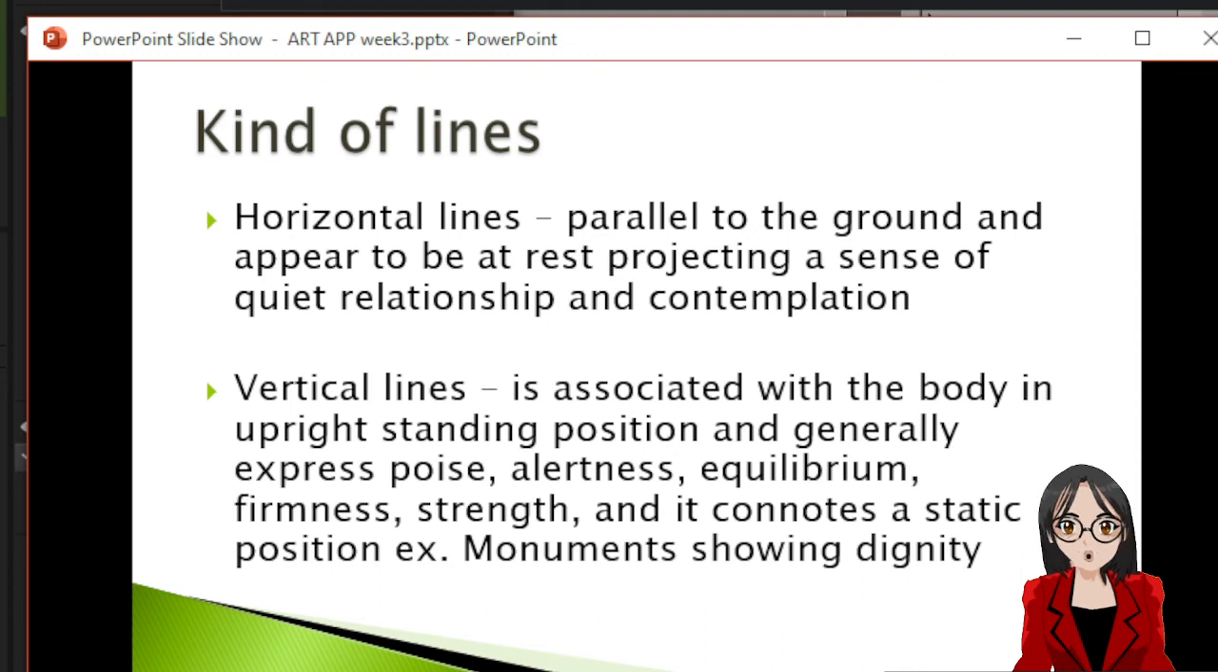And then the vertical line is the line of the tree, of a man standing, the line of chimneys or towers. The vertical line is a rest but not in the sense of relaxation. Kasi ano siya, diba, tatayo. So parang strength or something like that. And then